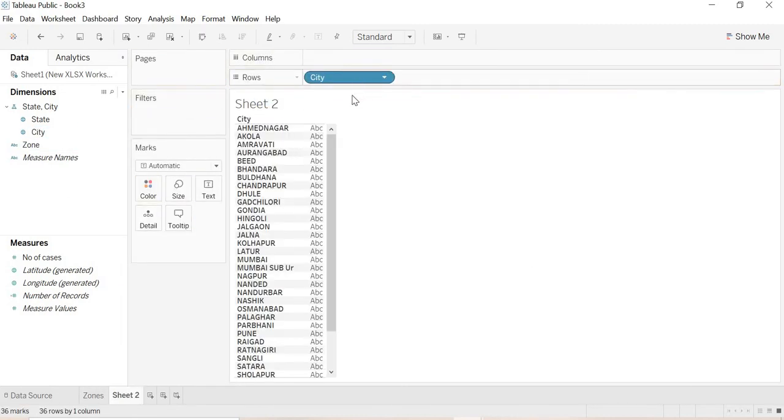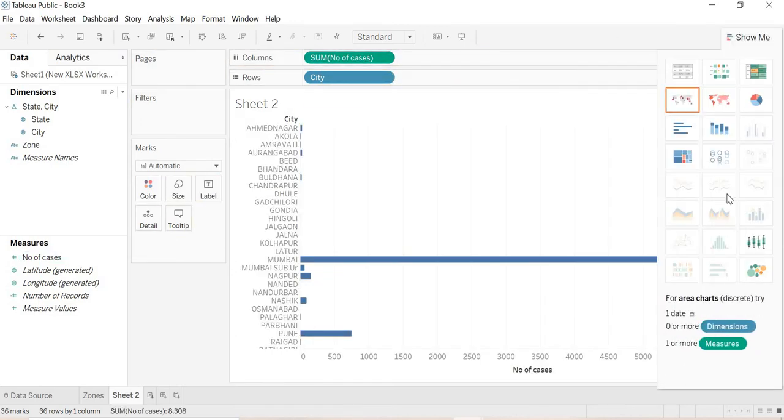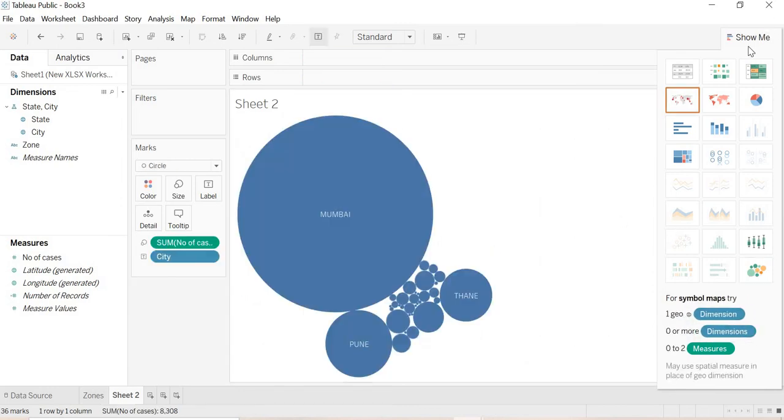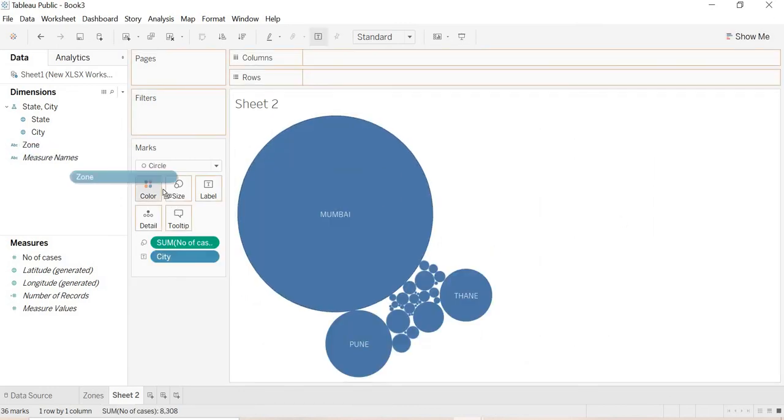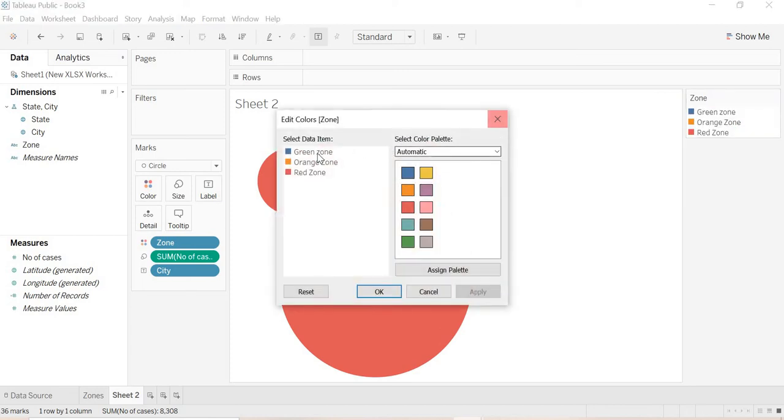Then I will make one more sheet. This time I will drag city over here. I will put the number of cases. Then in Show Me, these are the graphs. I already made a video on this. These are the graphs we can make. So I will make this bubble graph. Then I will put zone in color so that we can easily know the red, green and orange zones. So I will edit this color.